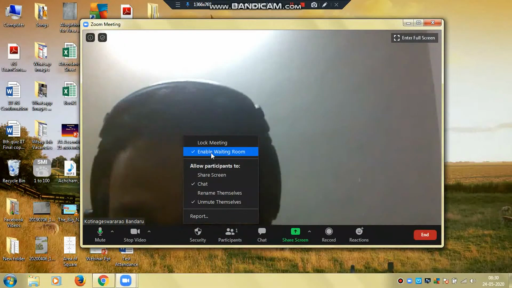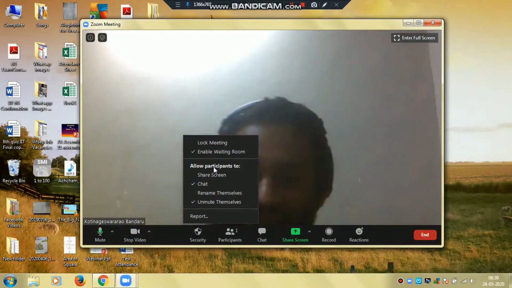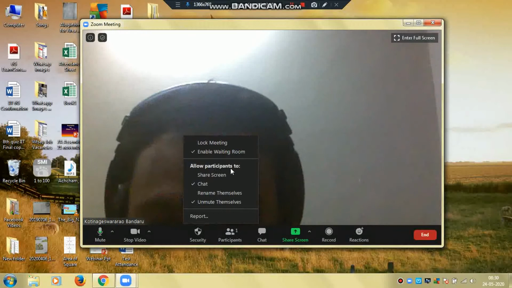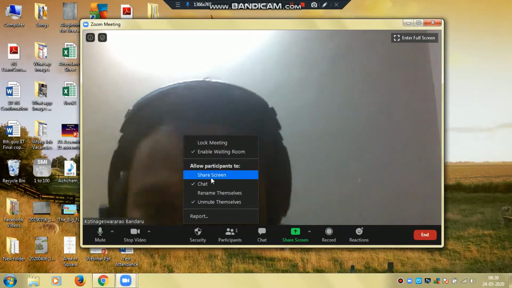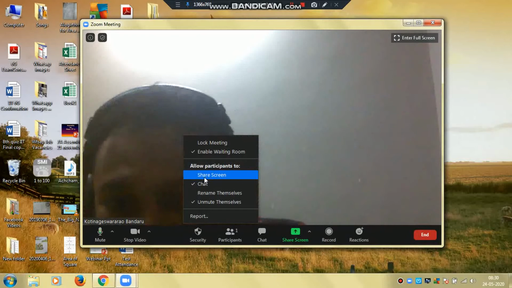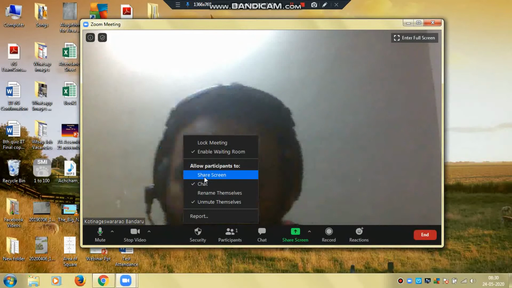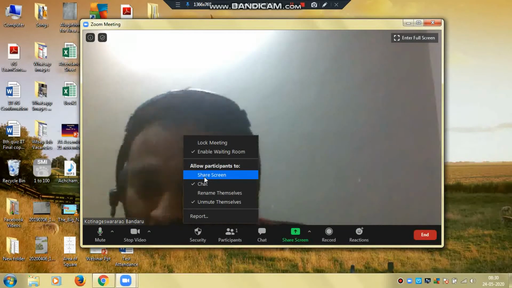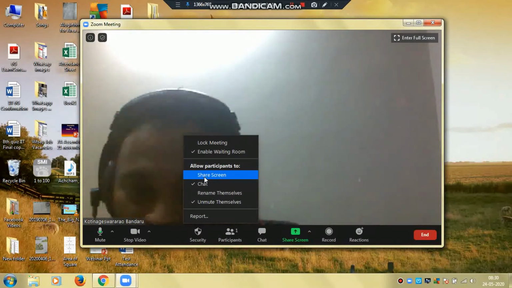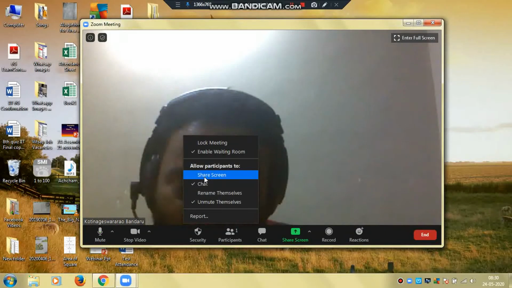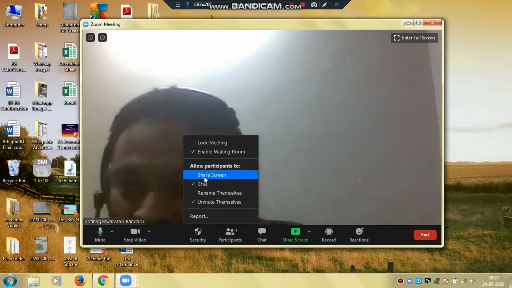This must be enabled. Another option is allow participants to. This is very important. Here, allow participants to share screen. If you enable this option, students can share their mobile screen. If they are using the Zoom application through mobile, they may share their screen, and they may share different images or whatever they want.